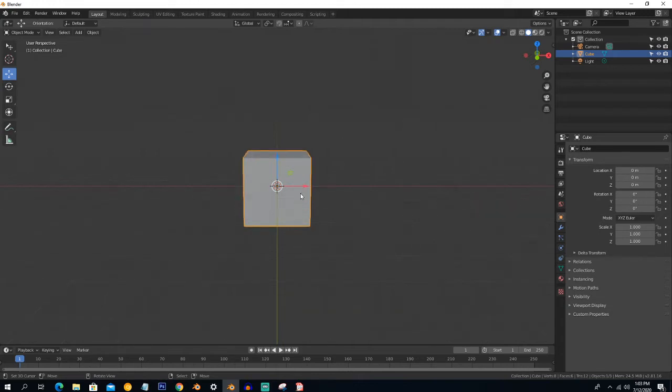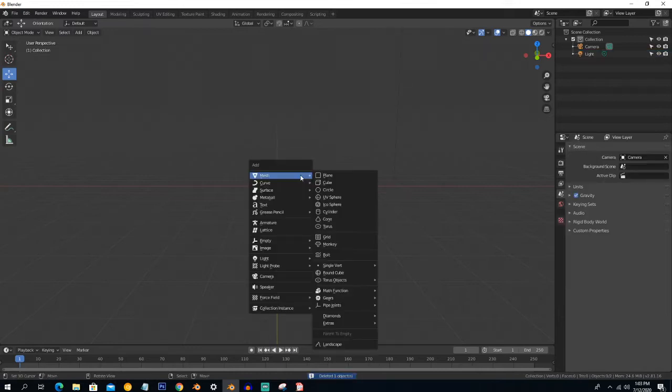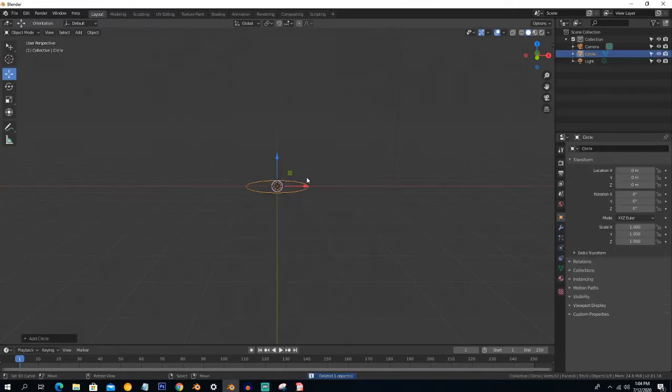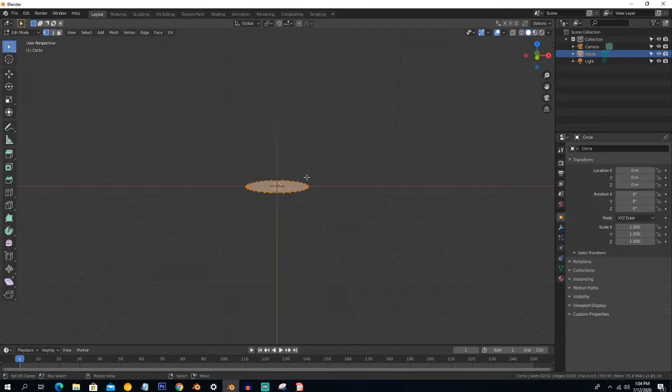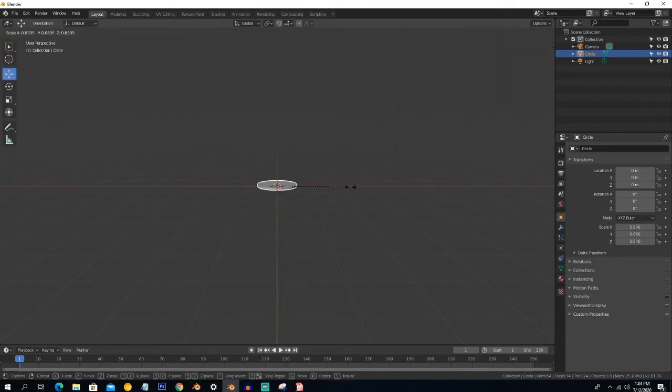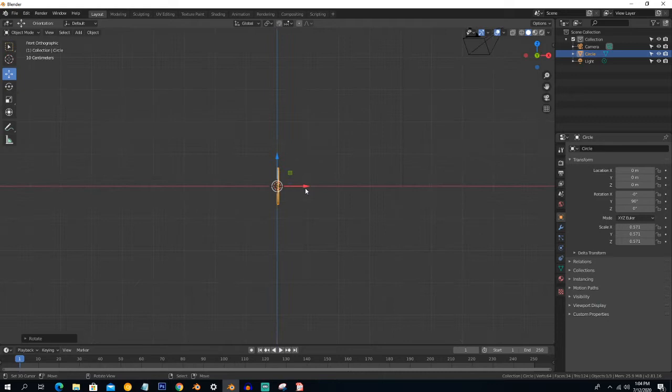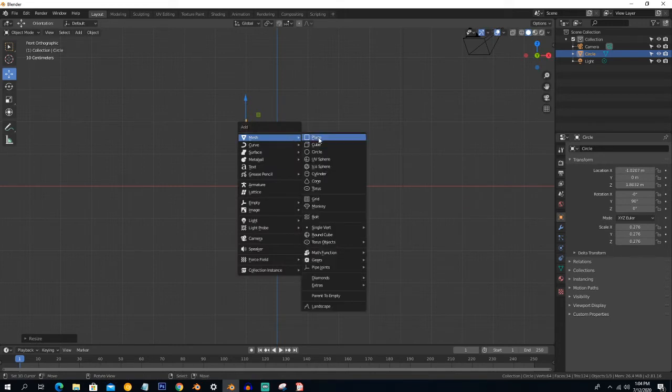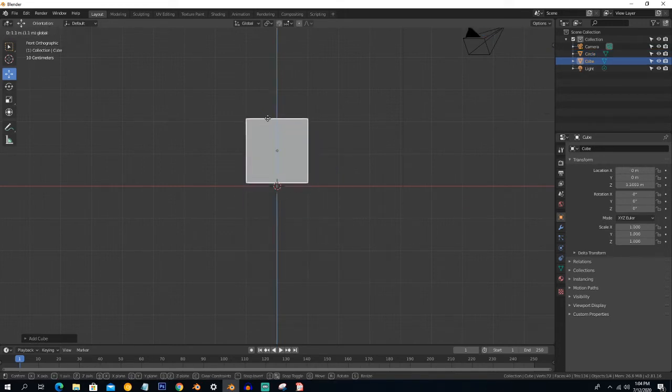So press X to delete the default cube and select a circle here. Go to edit mode, press F, E to extrude a little bit, and S to scale it down, R, Y and 90 degrees, and just go to the front view and place it here and scale it down. Now select our domain object, for example a cube,